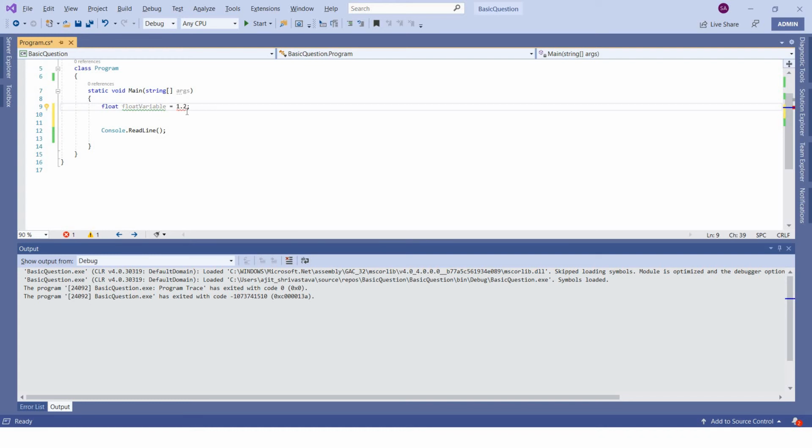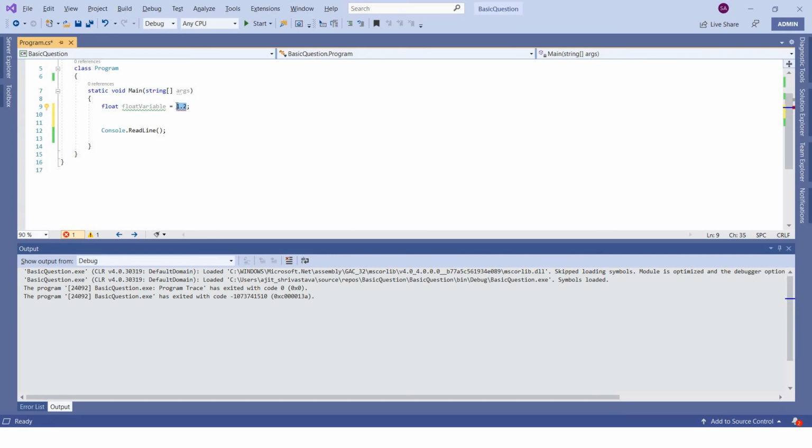Here you can see I am giving a floating point number, but still I am not able to save it in a float variable. Why? Because I know that 1.2 is a floating point number, but the computer doesn't know which type it is.